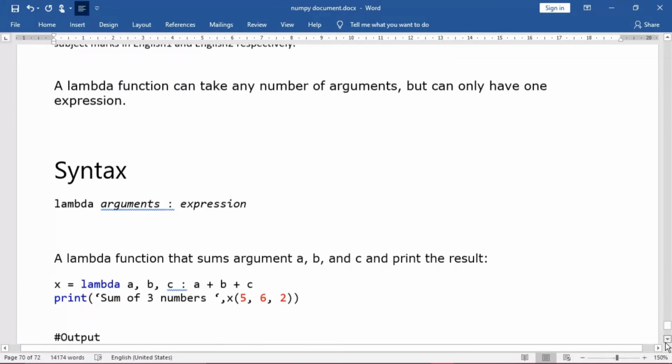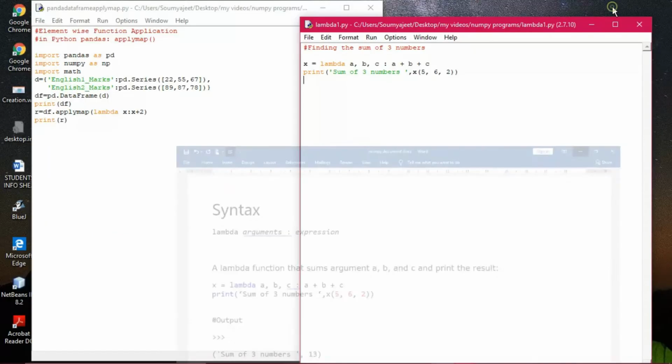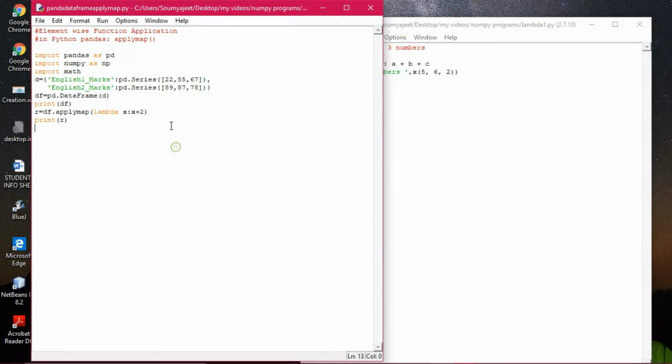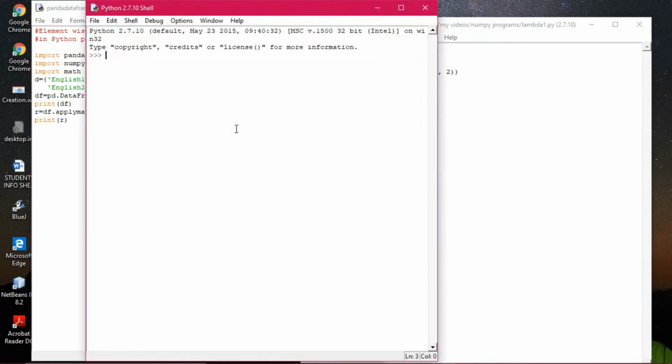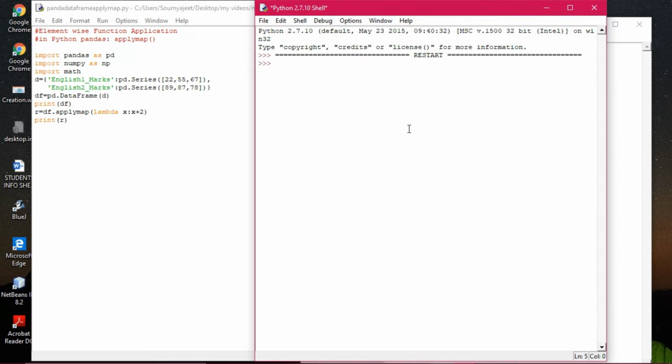So it is the syntax. What is the syntax? Lambda, arguments, and expression. These are the arguments, and this is the expression. You can find out the three products also, that doesn't matter. Whatever expression you give according to its arguments, the function will run. Now let us come out here and run this program. What I had told you, each element of the series will increase by 2. Then I am running the module, executing the module. Now let us see what it shows out here.